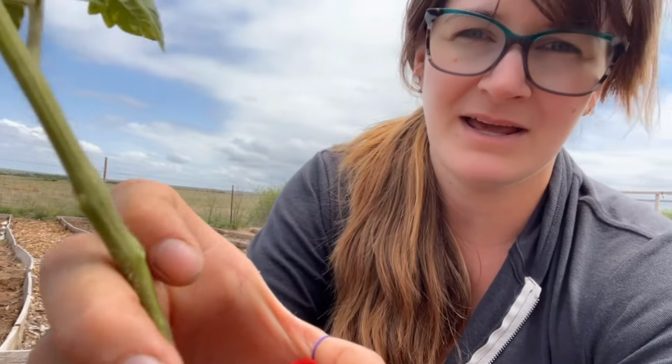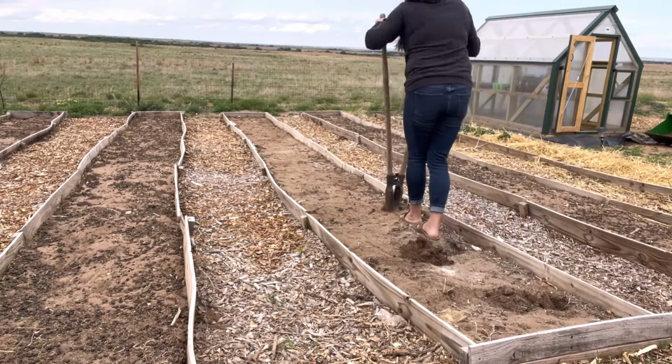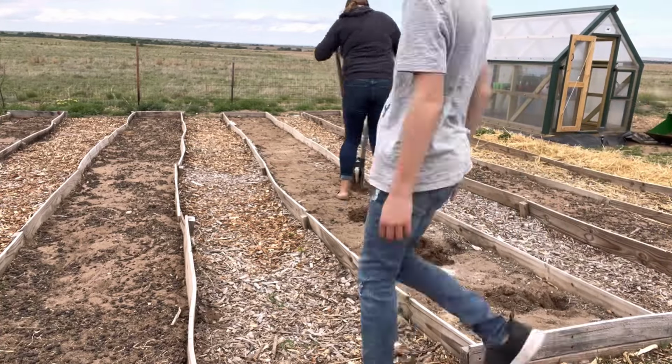Now, an obvious plant to grow is tomatoes. These are hot weather lovers and they come in many different varieties. I took off the side shoots so I can actually plant it way up high. I will probably plant it to about right there underneath the ground. So then all these little bitty hairs, I don't know if you can see them, these little guys have the potential to grow roots. And if you have more roots on your plant, then the more nutrients they can soak up and become healthier,